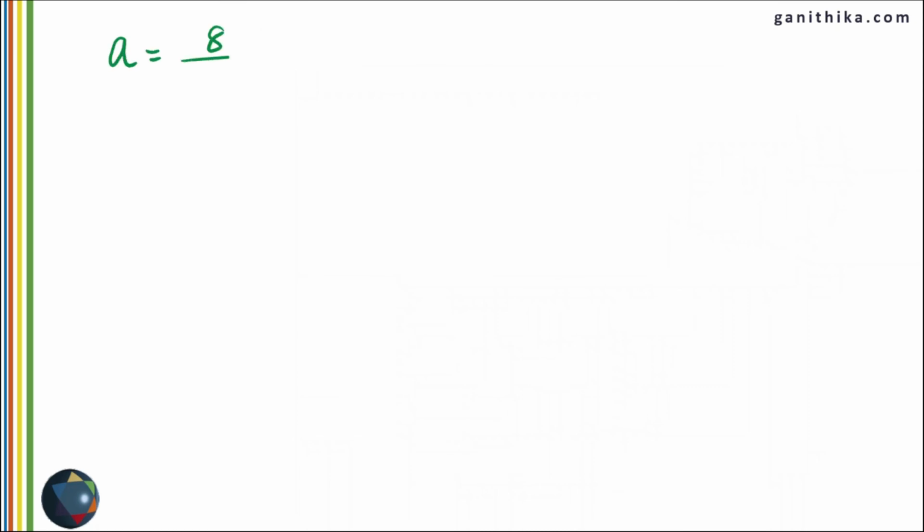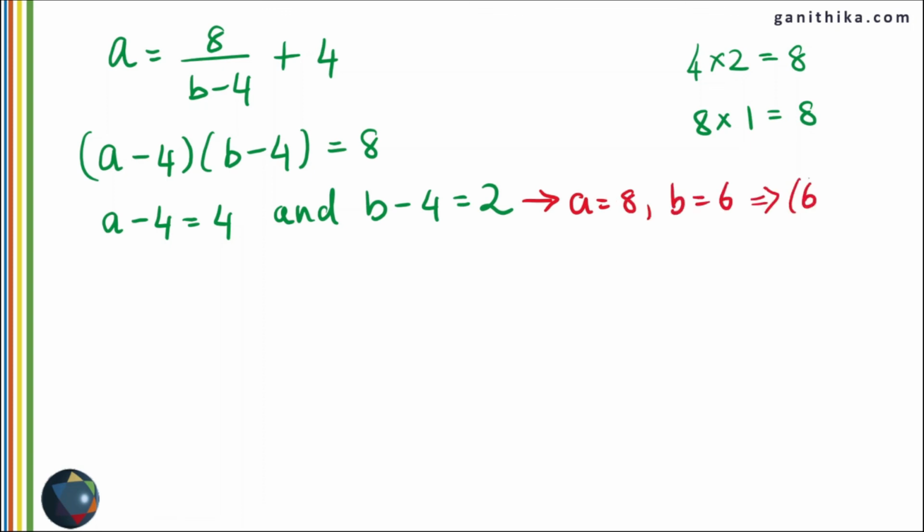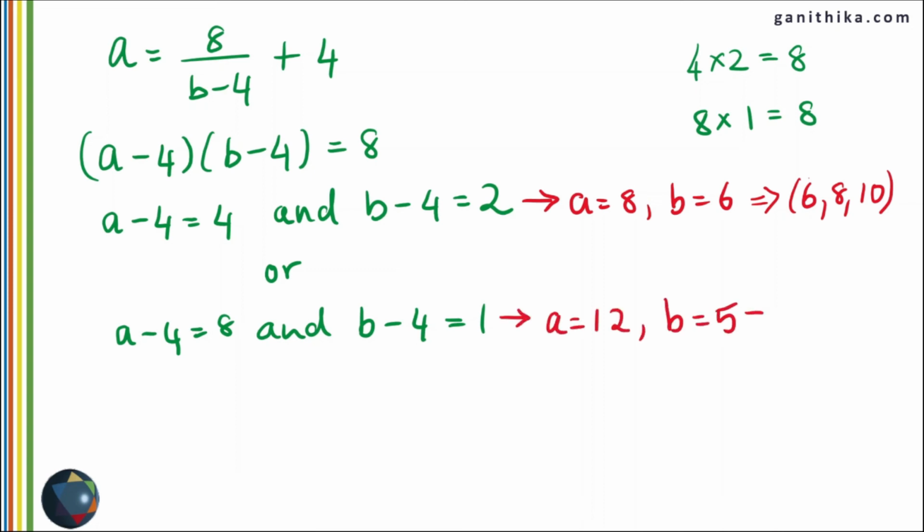We can also do the same question in a different way. So this is the result of part F. Using this result and simplifying this as two linear products, we know that 8 can be written in two forms, 4 times 2 and 8 times 1. So a minus 4 can be 4 and b minus 4 could be 2, or otherwise, and this gives you 8, 6 and 10 as the sides. On the other hand, if a minus 4 equals 8 and b minus 4 equals 1, you could have used the other way around as well. This gives you a equal to 12, b equal to 5, giving you 5, 12, 13 as the sides of the right angle triangle. And you see that these are the only two right angle triangles possible for this condition.